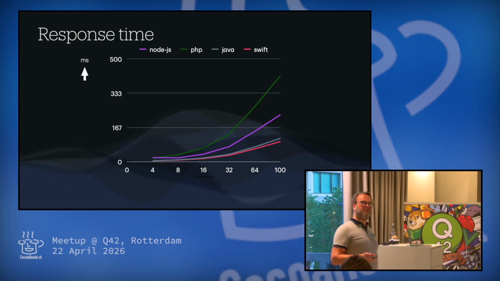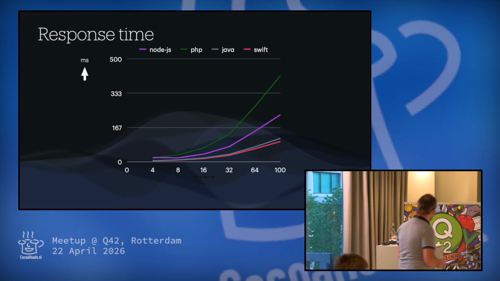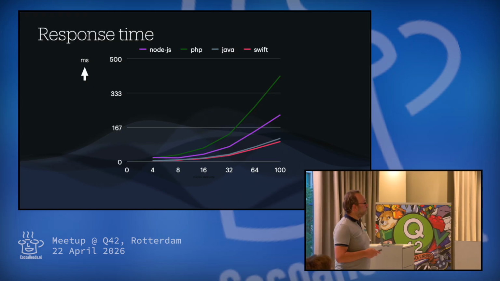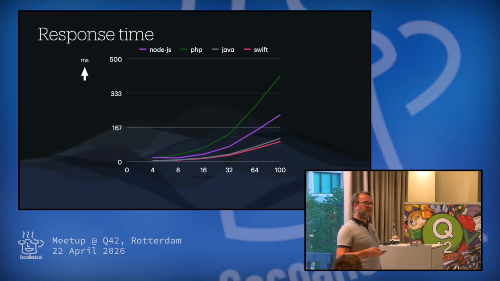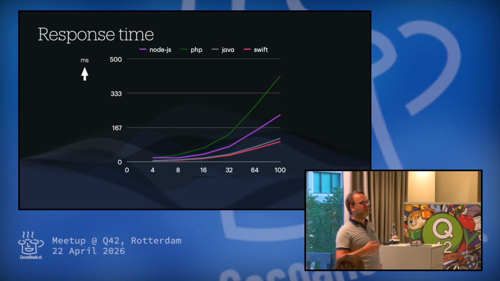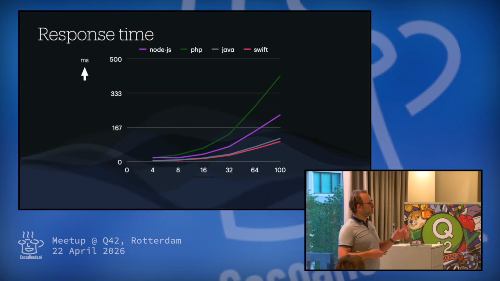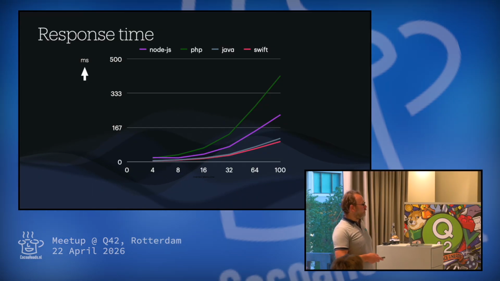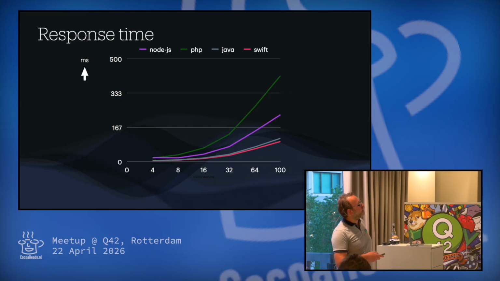And response time. So I don't know what the difference is between response time and latency. Did I write it down somewhere? No. Maybe latency is when the server recognizes your request. So you get like an ACK, like I received your package, and responses when actually the server gives you an answer to the calculation. And here you also see that Swift and Java are really close, and PHP and JavaScript.